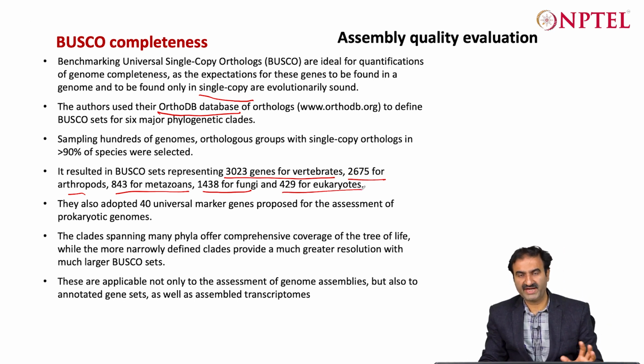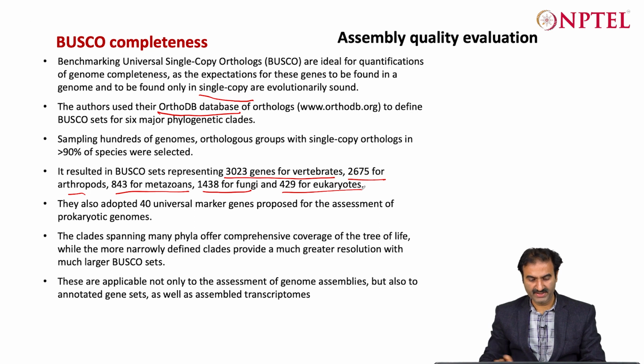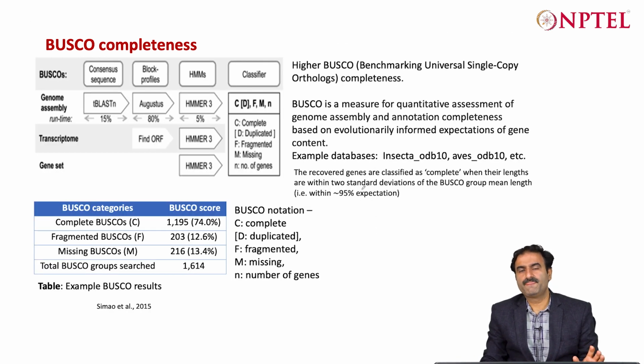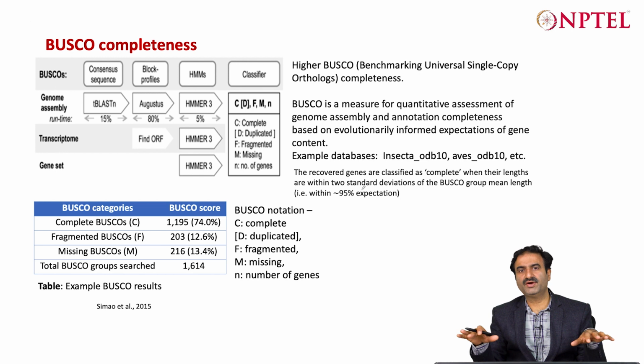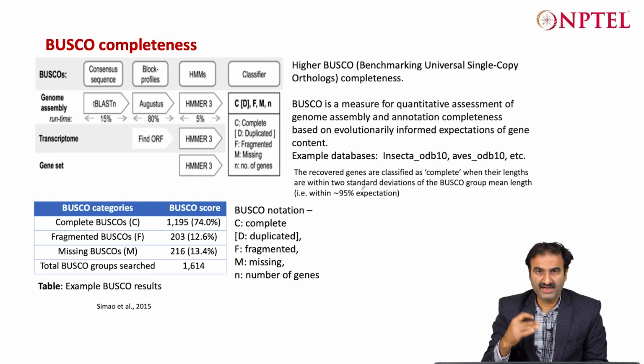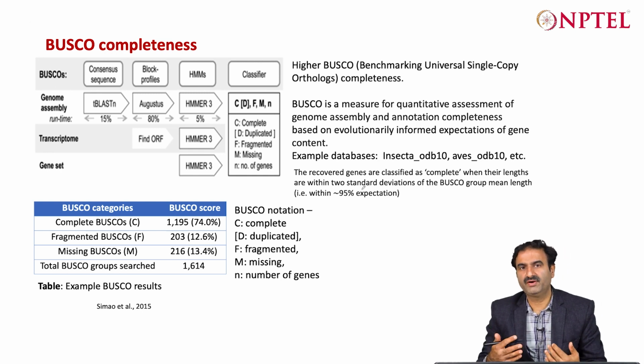They also derived the marker genes for bacteria, because this is a statistic that you can use, either N50 or BUSCO, for prokaryote as well as eukaryote assemblies. So now, those orthologs represent a set of genes that should be present in the genome, and they are randomly distributed across the different chromosomes. It is not that they will be concentrated in one place. So basically, if you look at the distribution of these genes, they are present anywhere in the genome, right? And if all of those are present, or some of those are present, or they are present partially,